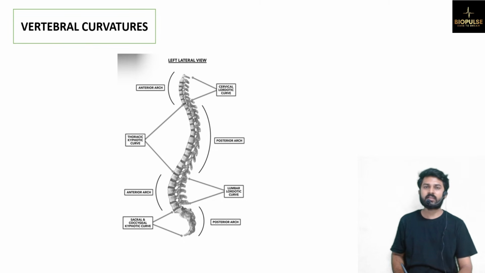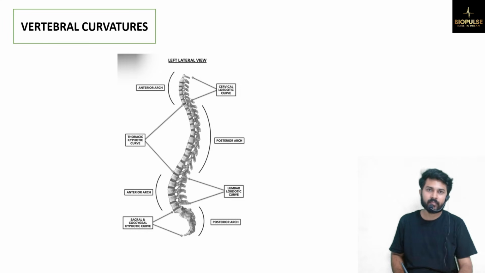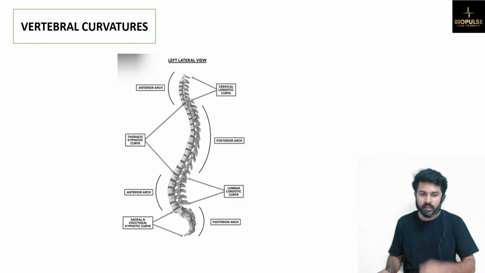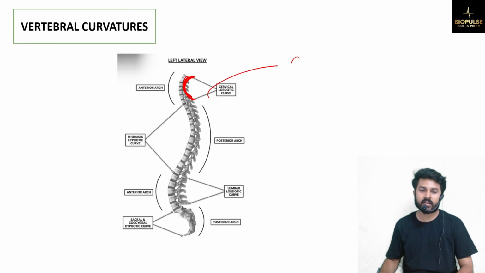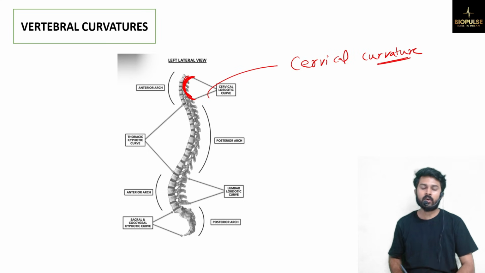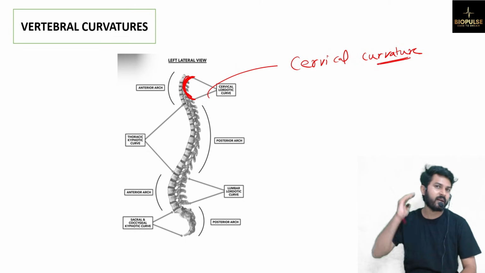Now there are some curvatures. Curvature means what? You would have seen some curves. Whenever you go to hill stations, they tell you: curve road ahead, loop road ahead. So these are some curvatures. The first curvature is formed due to the presence of the cervical region. Fine. That is why this curvature is called the cervical curvature. Now, what if they ask to which side it is curved? It is curved to the anterior side.